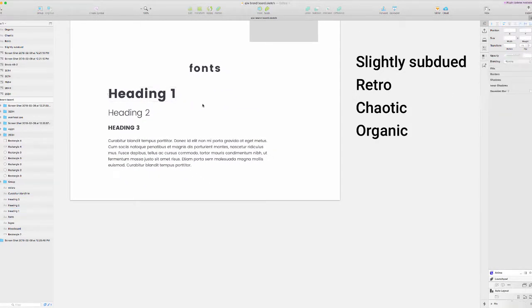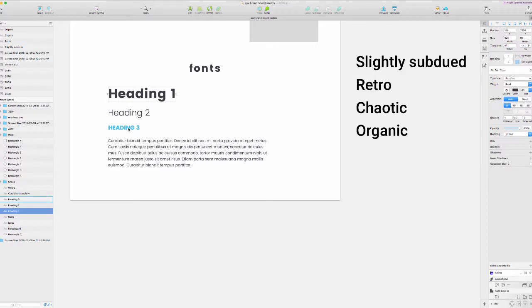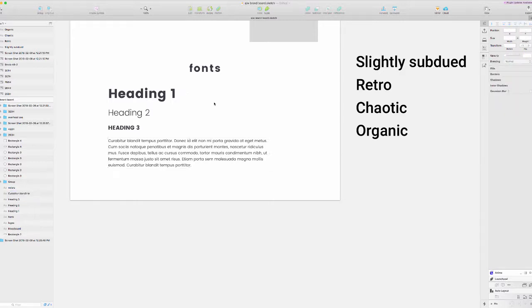So I want to define at a minimum the headings 1, 2, and 3, and then the normal body text. It's also good to define a block quote style. So this is going to be for your testimonials, and then even a heading 4 is good. Because I'm looking for something a little retro, a little chaotic, a little organic, I'm thinking maybe my heading 1 might be a hand-drawn font, or maybe not my heading 1, but maybe my heading 3. It can be almost like an accent font that I use, a sort of hand-drawn or maybe retro distressed